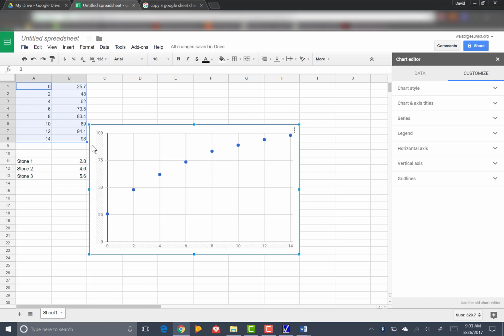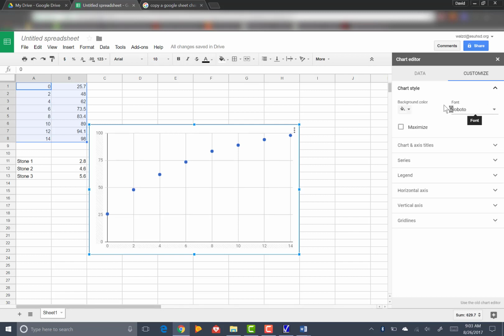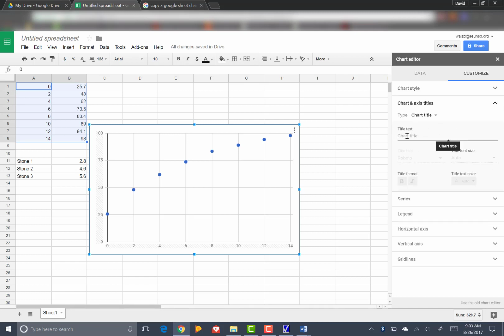So we're supposed to put axes titles here and give our graph a title. Under this one right here where it says chart and axes titles, we're going to click this drop down arrow, and now it says chart title. If you hit this sub drop down right here, you can get to the chart title, and this is where we're going to name the x and y axes. So for the chart title, I'll go ahead and call this temperature